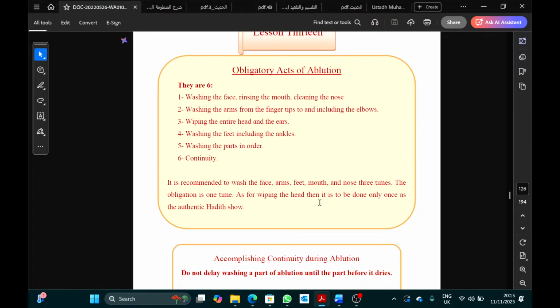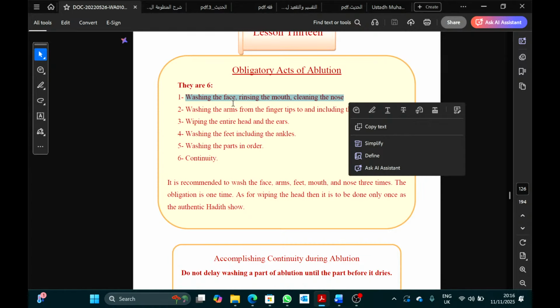And lastly, making sure that you don't leave a gap. It says here continuity, but what that basically means is that you don't leave that much of a time gap between two parts that it causes the previous part to dry in a normal state. Obviously, if you stood under a dryer or something like that, it's going to dry quicker, right? But generally, in a normal place, if you're just standing there normally, how long it would take to dry, that's how you would count it. So all six are, you can say, in the ayah, and the sixth one isn't as clear, then there are many ahadith to prove it as well.